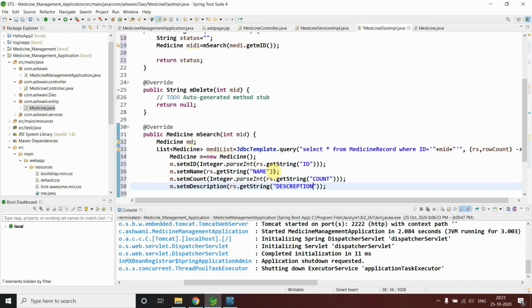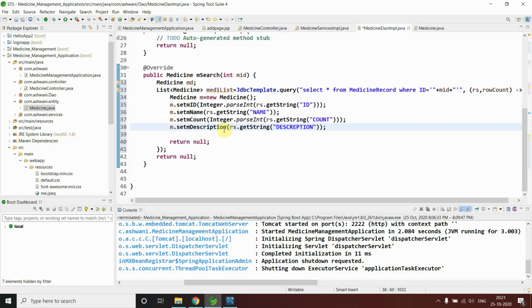Now with all these steps, look carefully, I have set the values of my variables, the variables which I used in the entity class. Got it?